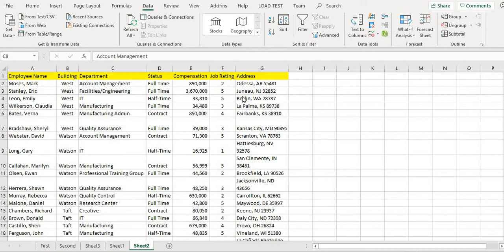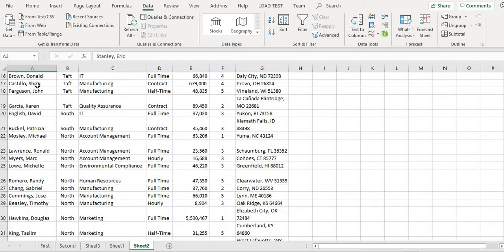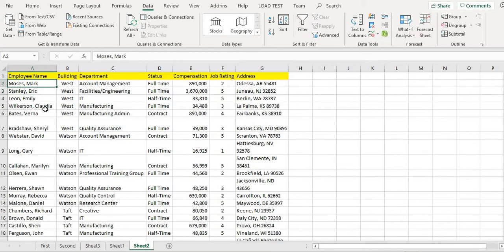Hi everyone, in this video we'll learn how to format some of the columns, which is very handy during operations in Excel. Suppose this is the employee name, which has the first name and last name. But there is a need that I want to sort these names by the last name. Here I cannot do that because they are in the same column. So there is one functionality given by Excel. In Data you can go to Text to Columns. I can convert this one column into two columns, and then I can sort it by the last name.